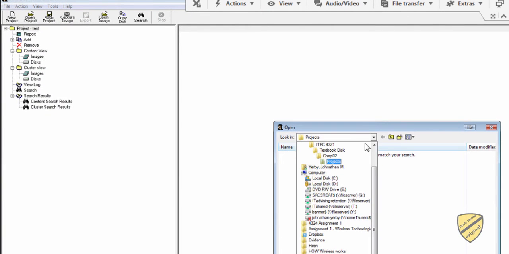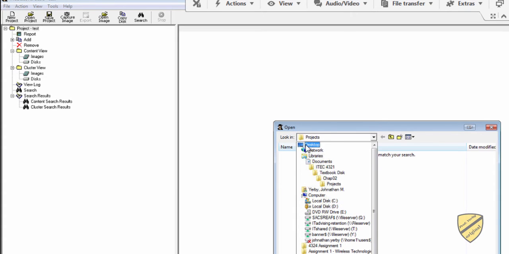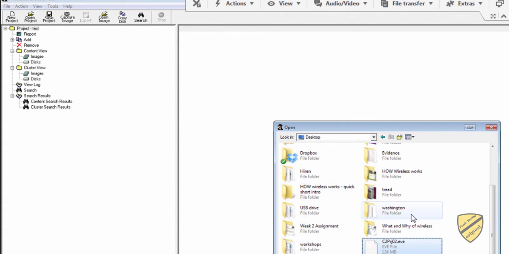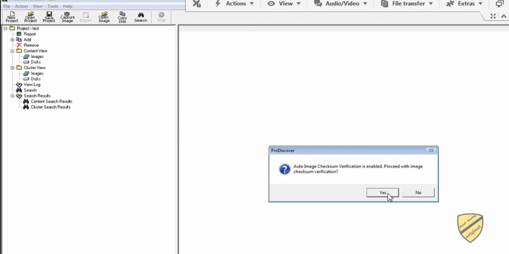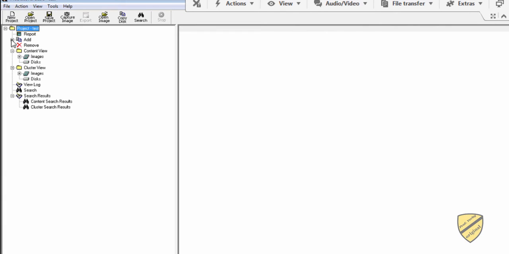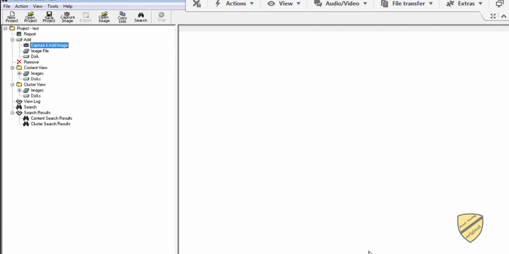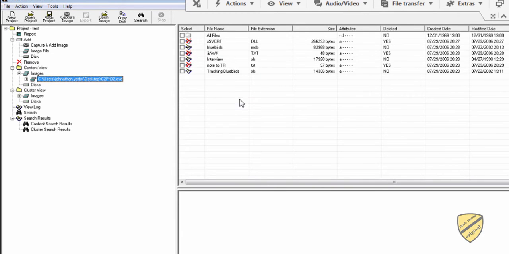So I believe I saved that to my desktop, so go to desktop here and see if we can find that. Okay, so we should see that our image has been inserted,